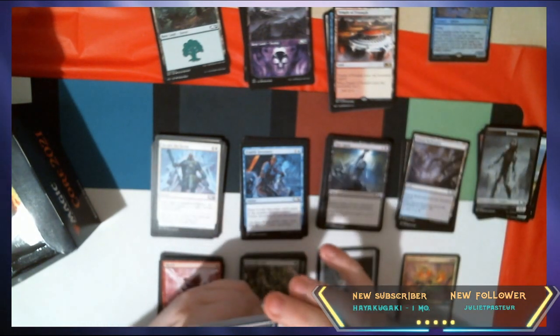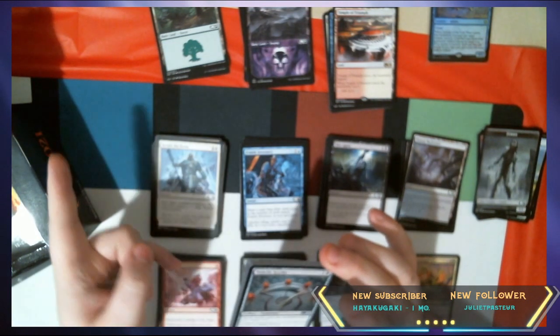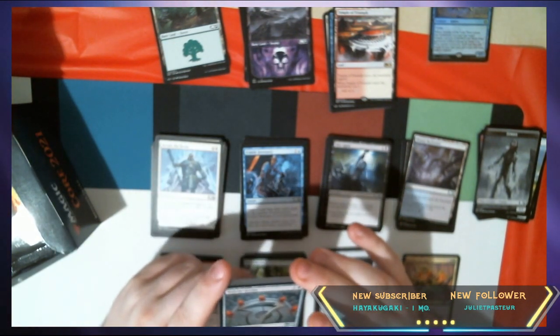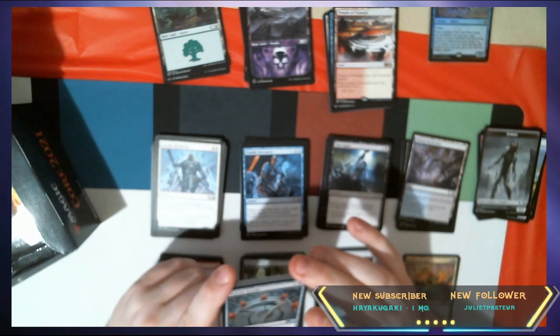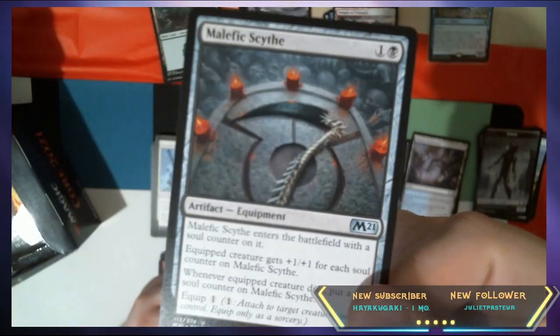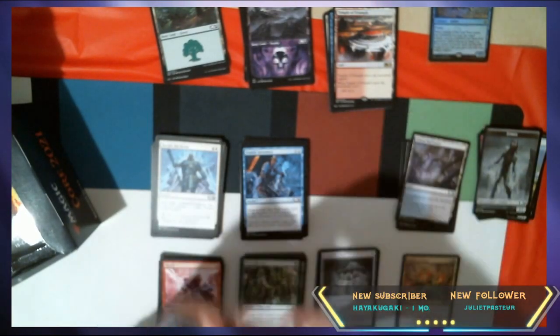And Malefic Scythe. 1 in a black for an artifact equipment. Enters the battlefield with a soul counter on it. Equipped creature gets a +1/+1 for each soul counter. Whenever equipped creature dies, put a soul counter on it. And equip 1. So this is a slightly better version of Short Sword, but immensely better if you're in a